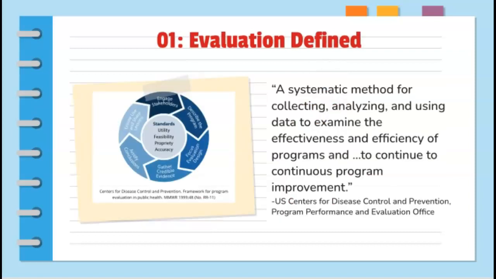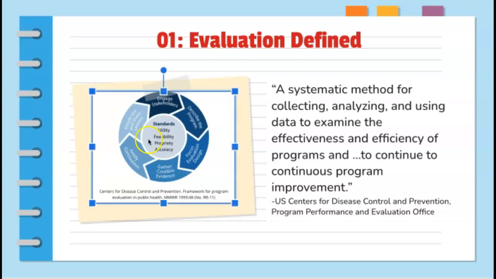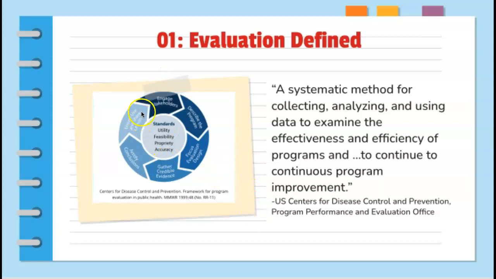This is the formal definition of evaluation. This is a somewhat complicated definition, and it is based primarily on this evaluation framework that is used by the US CDC. This evaluation framework has been revised several times, but the basic concept remains. One thing that you will notice about it is that the evaluation framework is a circle. So this means that evaluation should be continuous. While you may go through one formal evaluation process, the idea that you are constantly looking at your program and assessing whether it is meeting your goals and objectives should happen throughout the lifetime of a program.